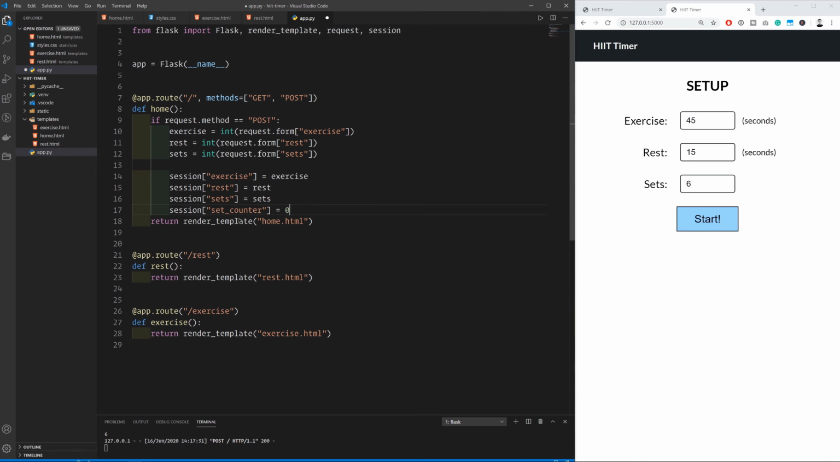This is going to keep track of how many exercises the user has already completed. So again, this session data, exercise, rest, sets, and set counter, are going to be stored inside a cookie in the user's browser. Every time they send us a request, for example, whenever they access the rest page or whenever they access the exercise page, we're going to be able to see this data unique to each browser that makes